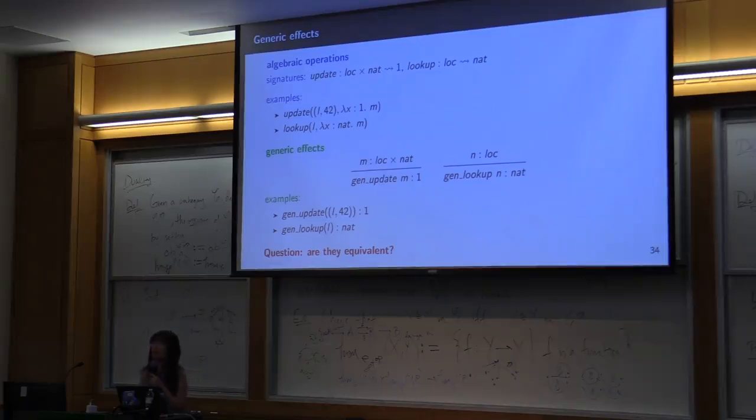Yeah. There was some hand in the back? Oh, sorry. Yes. I mean, it seems to me like the algebraic operations version is sort of just wrapping some let bindings around the generic effects version. They seem very, very similar now. Yeah, that's a very good point. So algebraic effects are basically let binding the result of this operation. And that's exactly